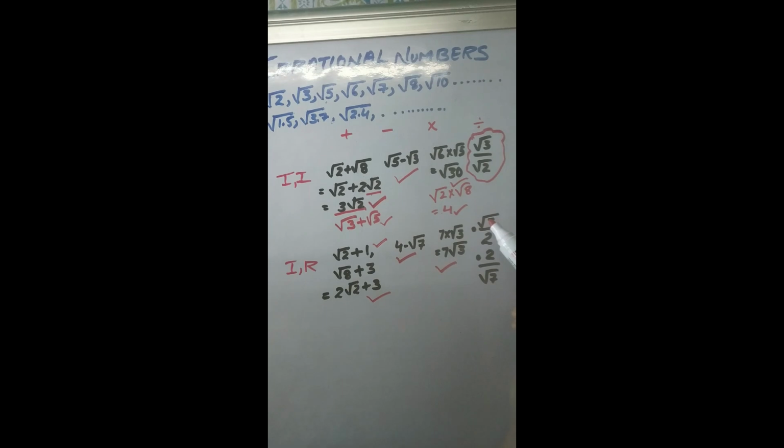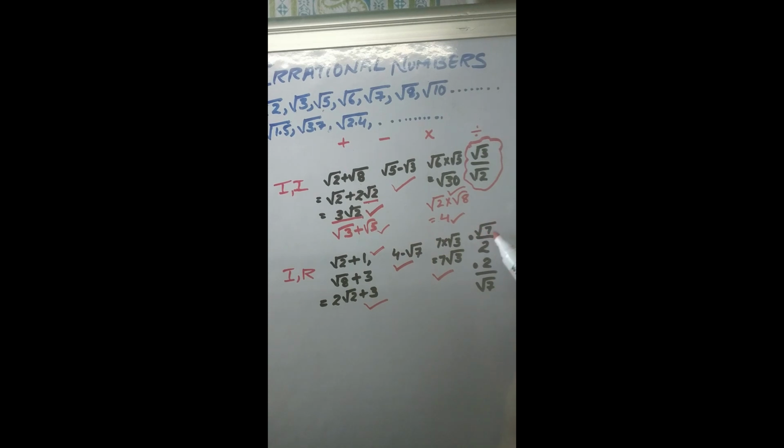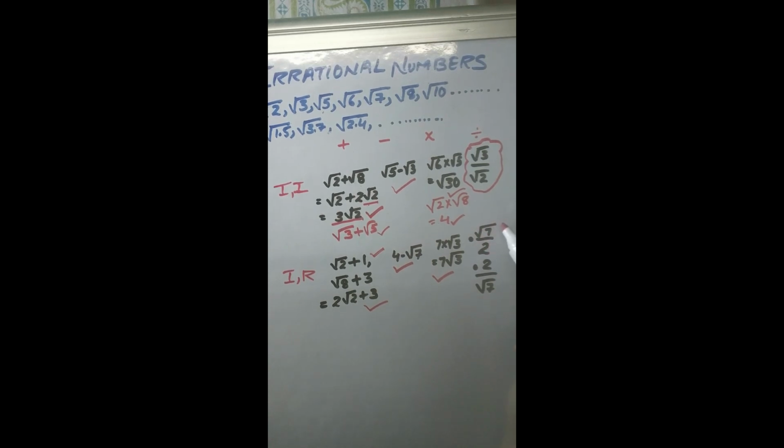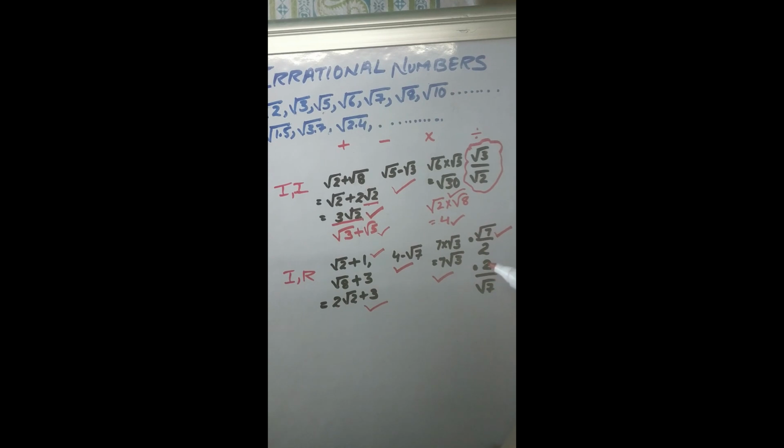Now here we got another series of numbers, just like root 7 over 2. Can we locate it? What do we have to do? We have to find root 7 through the right angle triangle, and then we just have to halve it. Yes, this can be located. But can we locate 2 over root 7? This is an irrational number, and these are also irrational, because a non-terminating and non-recurring decimal, when divided by 2, is again non-terminating and non-recurring. Similarly here, 2 over root 7.